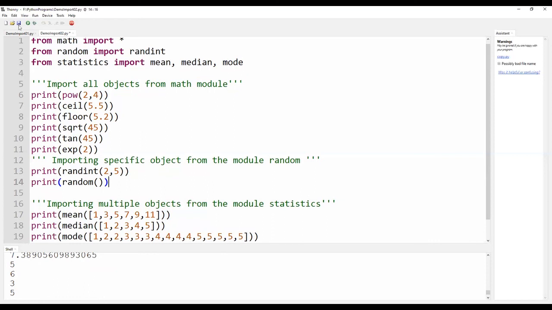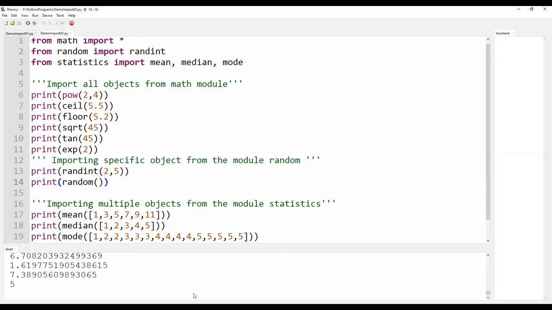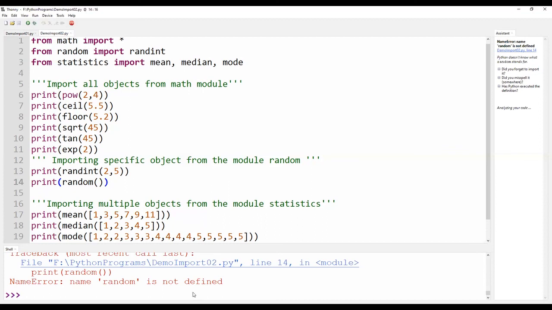Let us compile once and then run this program. It is showing that random is not defined. Why? Because I have imported only one object from random.